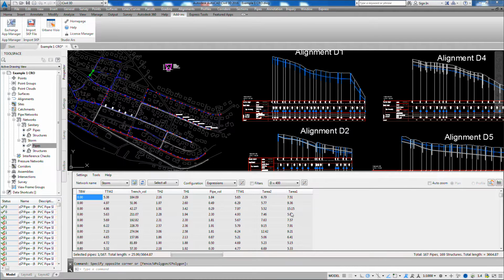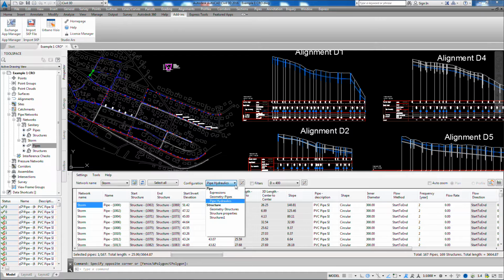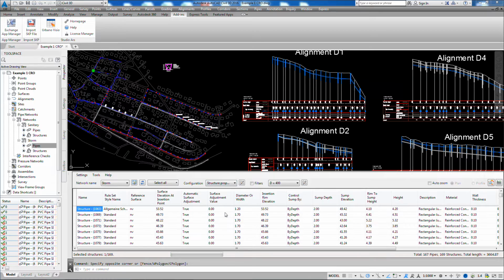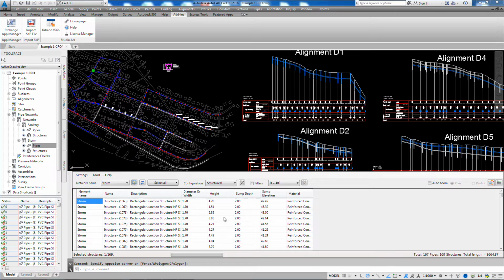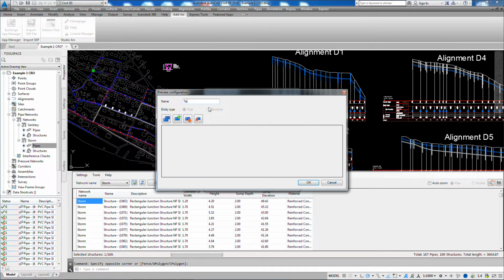So the first thing I want to show you is the ability to create your own data groups, which we call configurations. Now configurations enable you to really focus on certain types of data, so you don't have to look at all the data of all the projects at the same time. You can create your own data configuration and you can review just the data which is inside of this configuration. Okay, so to start I will create a simple configuration for pipes. I will give it a name